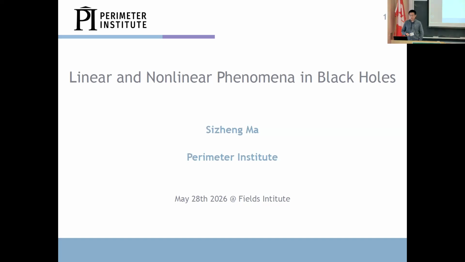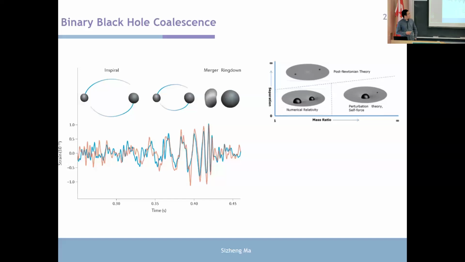Today I'm going to talk about linear and nonlinear phenomena in black holes. Binary black hole coalescence is likely the most violent astrophysical process that can trigger rich linear and nonlinear phenomena in black hole spacetime. After a decade since the first event, GW150914, we have detected hundreds of gravitational waves from merging binary black holes. For a typical system, there are 3 stages involved, including the inspiral part, merger part, and